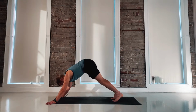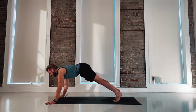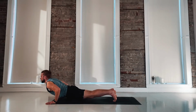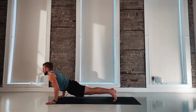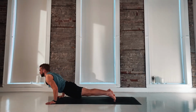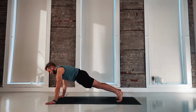And hold. Take a breath in. Low plank, exhale. Bend the elbows to come forwards. High plank, inhale. Exhale, low plank. Bend the arms. Back to high plank. Reach back through the heels. Exhale, low plank. Bend the arms. Last one. Inhale, high plank. Exhale, low plank, come